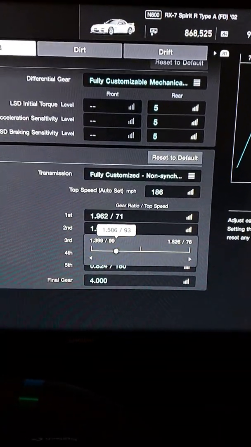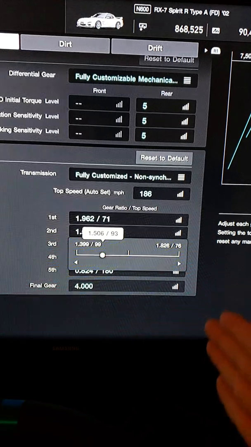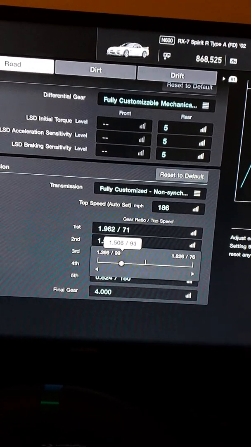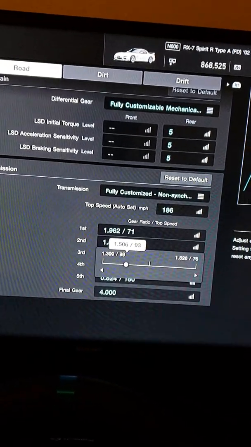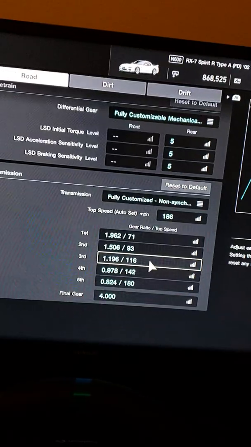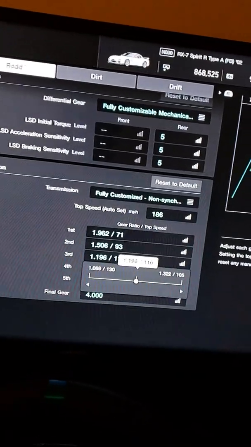So when you do that math, the number you'll get with these ratios is 1.506. I always round up if significant figures determine whether it should be the next whole number or not. And third gear is going to be right smack dab in the middle, because with this equation,